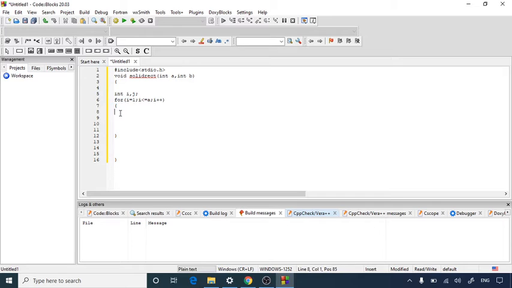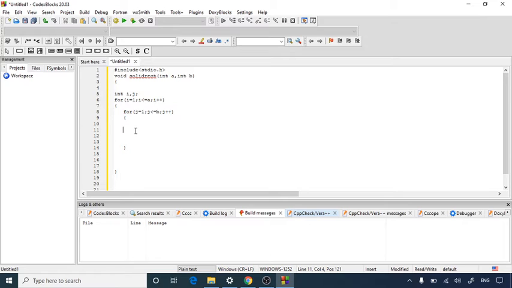Inside the bracket of i I am going to write one more for loop for the column, that is my b. So for j equal to 1, comma, j must be less than or equal to b, that is my maximum length of column, and then j plus plus, the updation of the j variable.